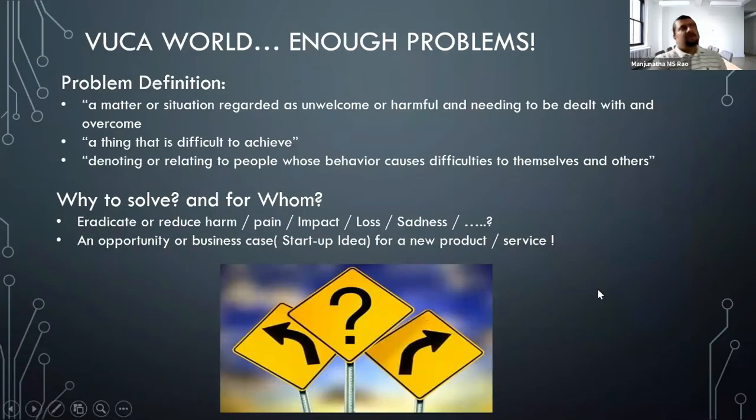So we live in a VUCA world, which is volatile, uncertain, complex, and very ambiguous. There are enough challenges, isn't it? If you look at the typical or classical problem definition, what it says is, anything that is a hindrance to achieving the goal, anything which is harmful, anything which is unwelcome and needs to be dealt with. It could be personal, professional, social or political, anything for that matter, right? Anything which is going to create pain or is emotionally not soothing, we term it